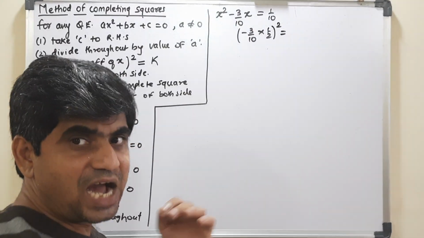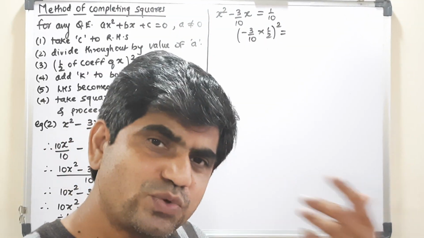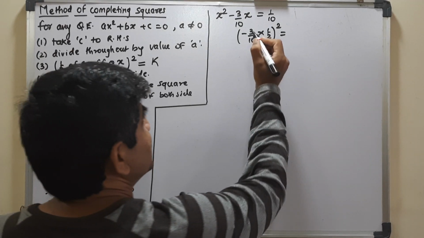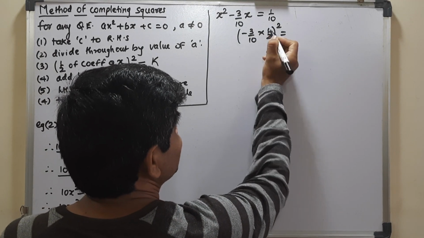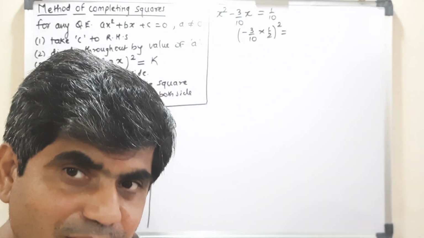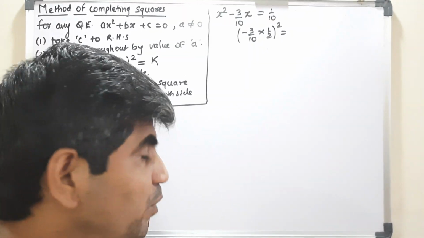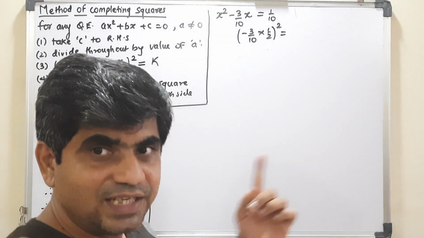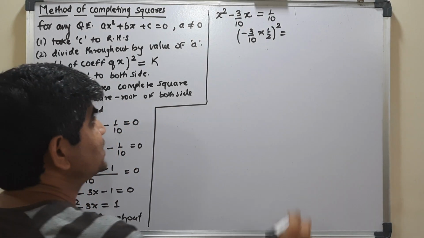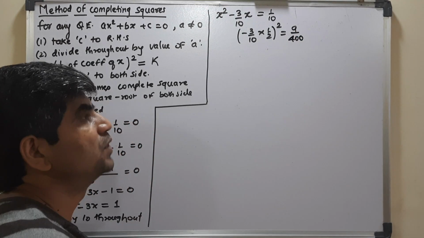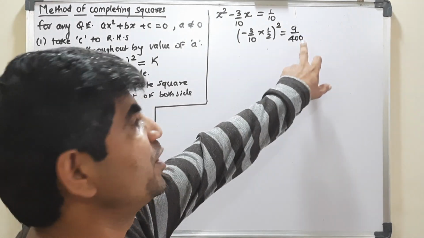That is, make half of the coefficient of x and square it. Okay, so now, 3 ones are 3, minus 3. I am not worrying about the minus now because it is going to be squared. Once it becomes a square, obviously it is going to become positive only. So I say here 3 over 20, that is 3 squared by 20 squared. That is, 3 squared is 9 and 20 squared is 400. Okay, so this is the k that you got.